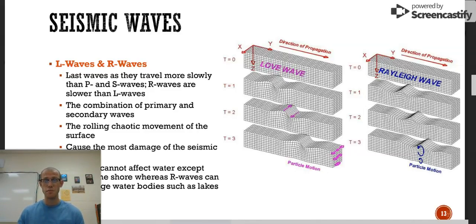That combination makes them especially bad. If you look right here, a Love wave, it kind of has this churning motion where part of the earth is shifted left and the other part is shifted right. And you can kind of see this overhang that it has, an indentation. When buildings that have structures going straight into the ground like this are pushed sideways,